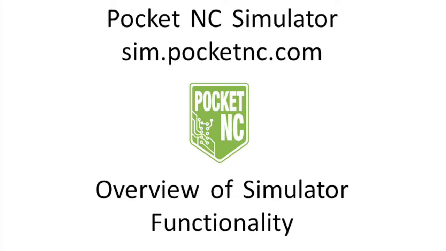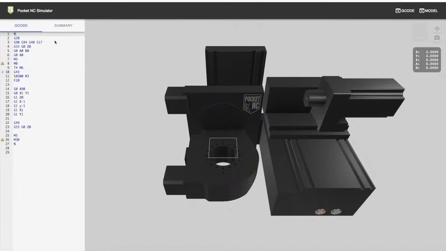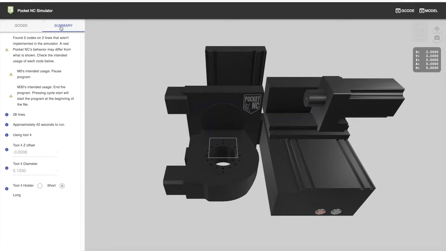The Pocket NC simulator can be found at sim.pocketnc.com. When you get to the website, you'll see a G-code and summary pane. The G-code pane lists the lines of G-code that you've uploaded. The summary pane lists out any errors, which you'll find at the top, as well as any lines of code that are unimplemented. These are indicated with caution signs, saying things like a pause or adding coolant are not implemented